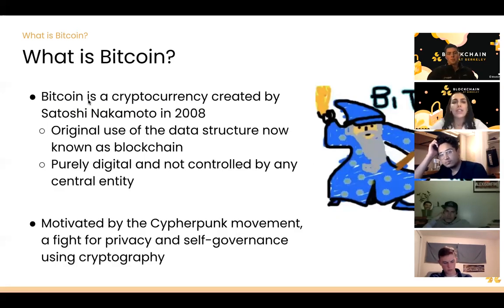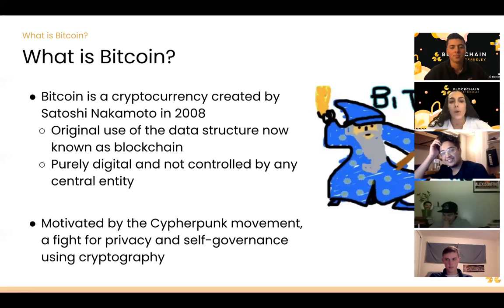And so I've talked about these abstract concepts, centralization, decentralization, Nakamoto consensus, but what is Bitcoin? Bitcoin is a cryptocurrency that was created by Satoshi Nakamoto in 2008. Satoshi Nakamoto is an alias, as I'm sure many of you have heard. It's an anonymous person. We have no idea who actually created Bitcoin, which adds, it's Craig, guys. We just found out. It adds to the mystery behind it, right? Behind why Bitcoin is so intriguing.